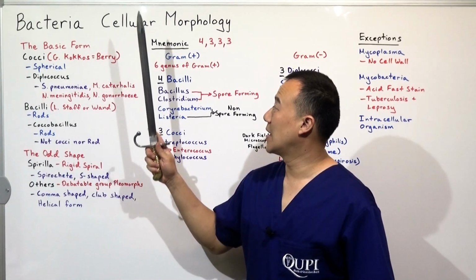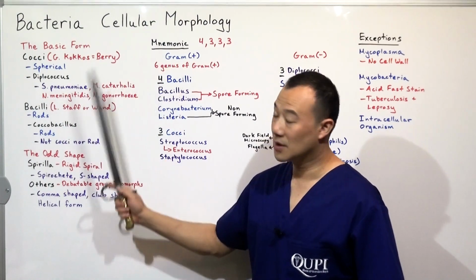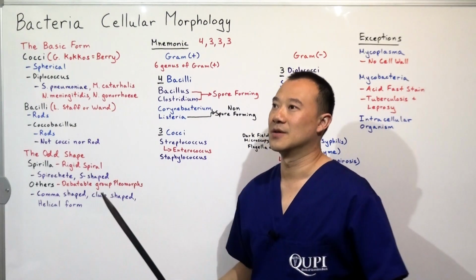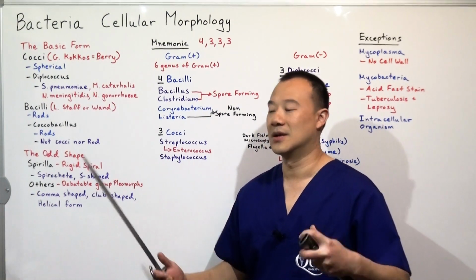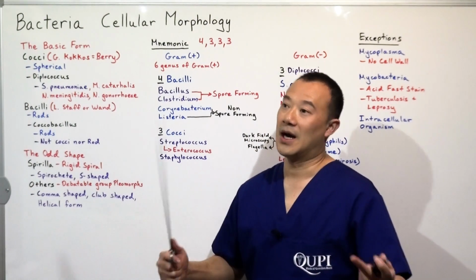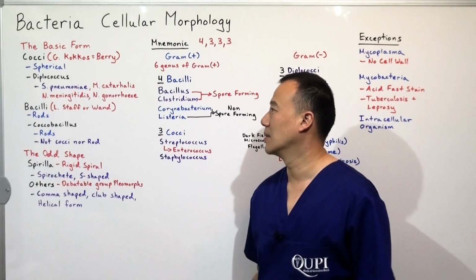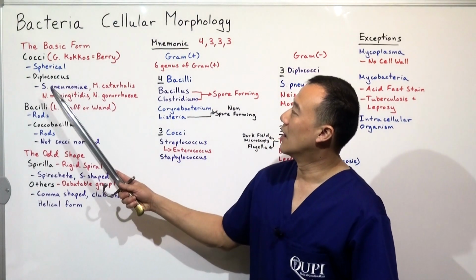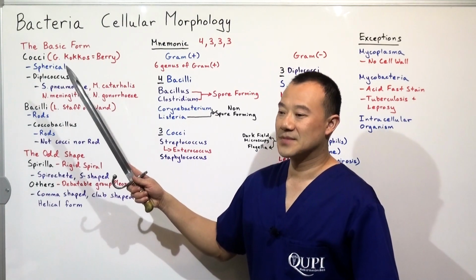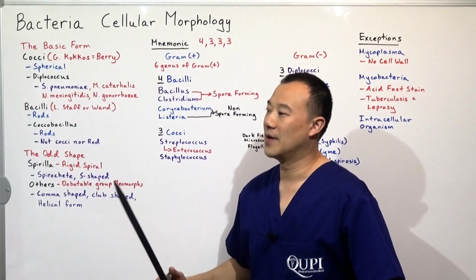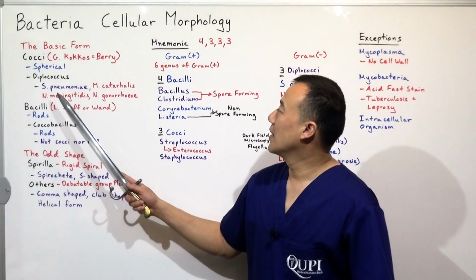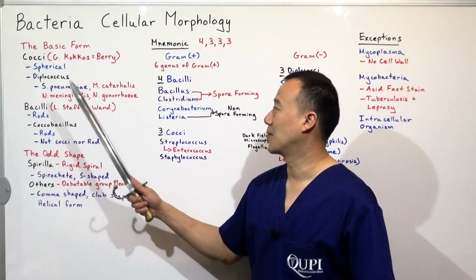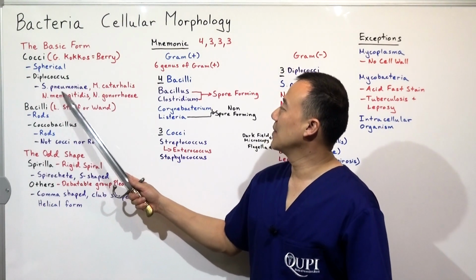I want to mention that there is something called a Diplococcus. Diplococcus means two cocci bacteria sticking together, joined at the hip. These two bacteria joined at the hip that are circular shaped are a specific form of the coccus bacteria. There's 4 of these bacteria that show up as Diplococcus. I have them in different colors because